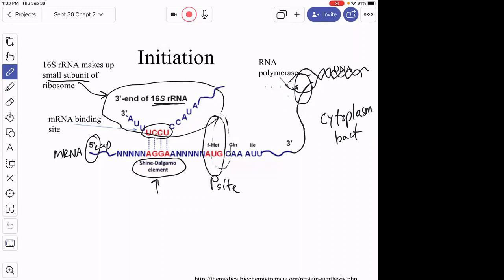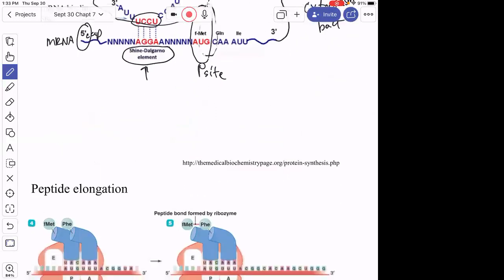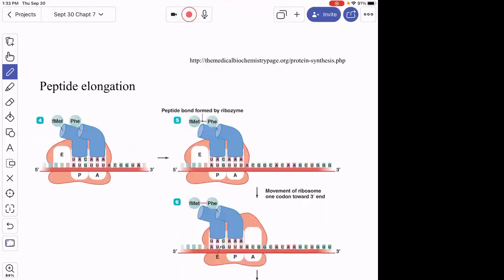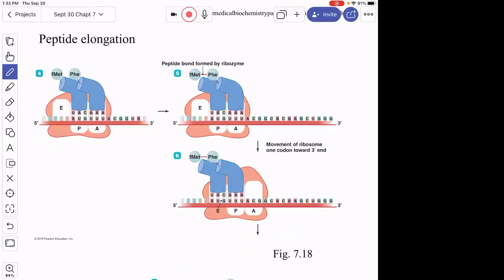You know this is the 3' end of the transcript because it's always adding on to the 3' end. And so this is the 5' end. Translation can be starting even before transcription is finished. Stop me if there's questions, but then in terms of just the growing peptide chain,